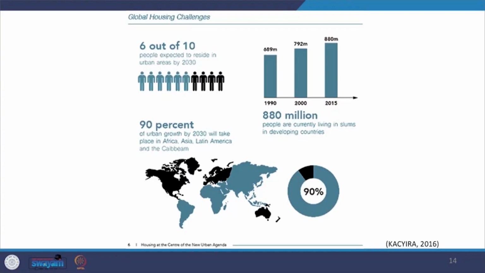We see that these slums are rapidly increasing. It has never happened before, and this is because of the lack of adequate housing, among many other urban challenges. And we also see that in these slums, poverty and inequality is very much evident. As per the report, for the next 15 years, it is estimated that more than 3 billion people will need